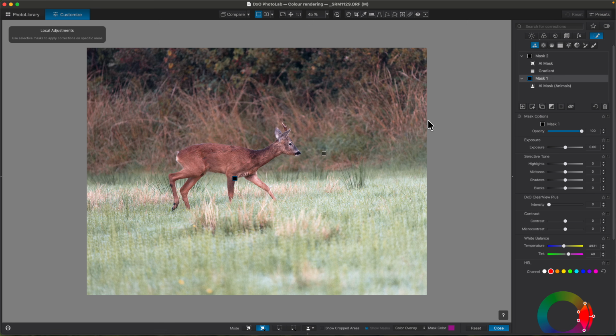mask that we've done for the deer, and this is where I'll just add a bit of micro contrast to the deer. I might even put a little bit of clear view plus in there, just to sort of lift contrast. And